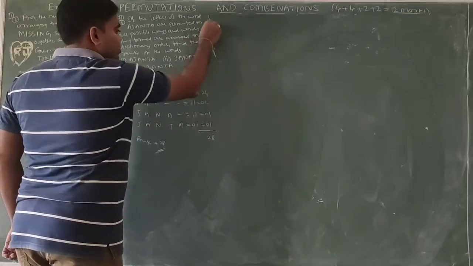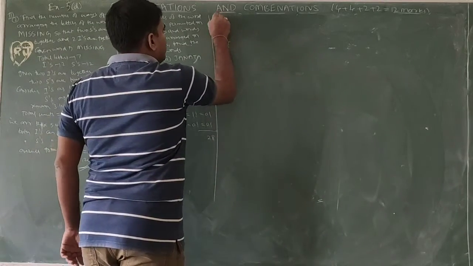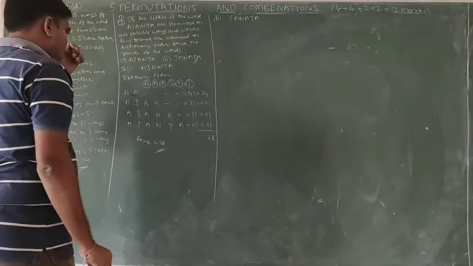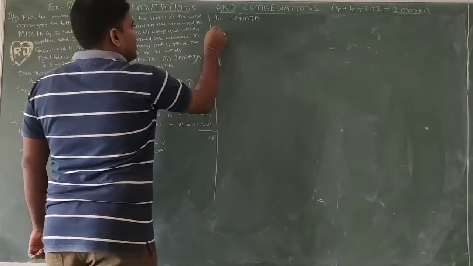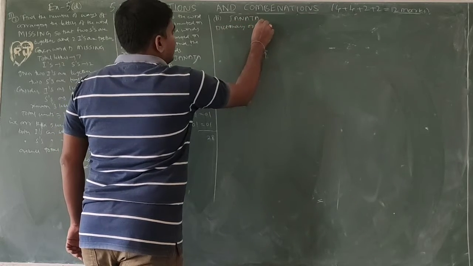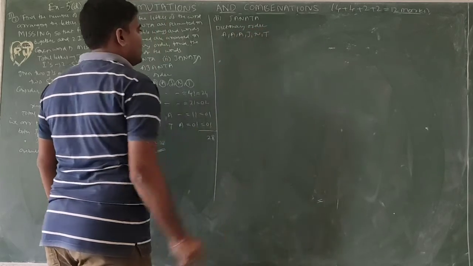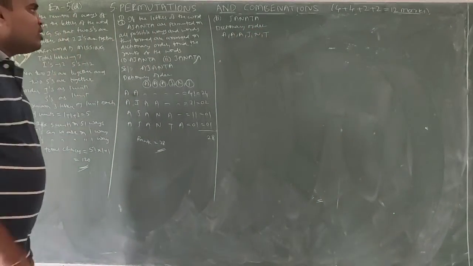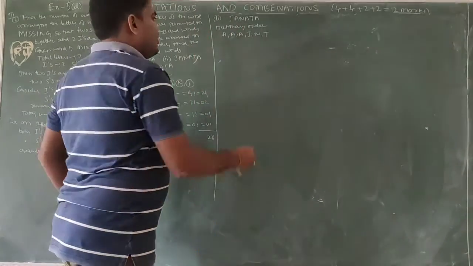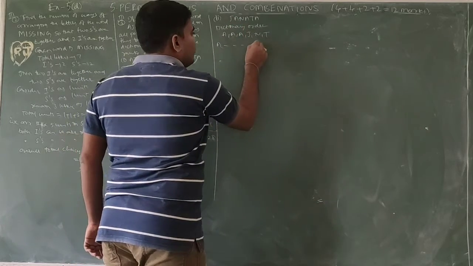Okay, now the second one, JANATA. J-A-N-A-T-A, so JANATA. First, the dictionary order of the letters: A, A, A, J, N, T. Now, first is the first letter A? No.